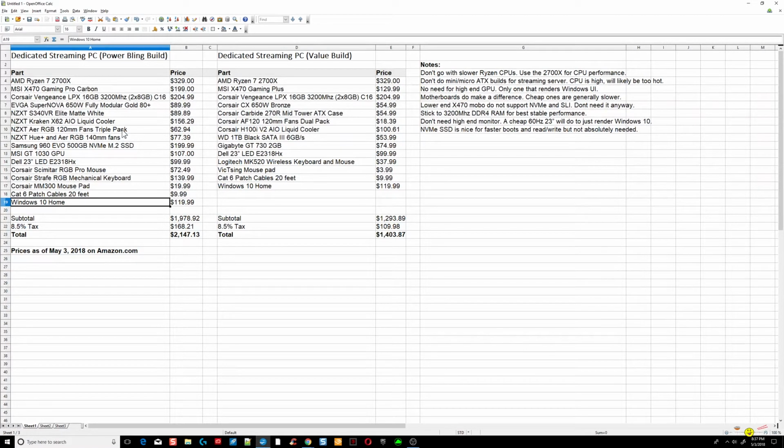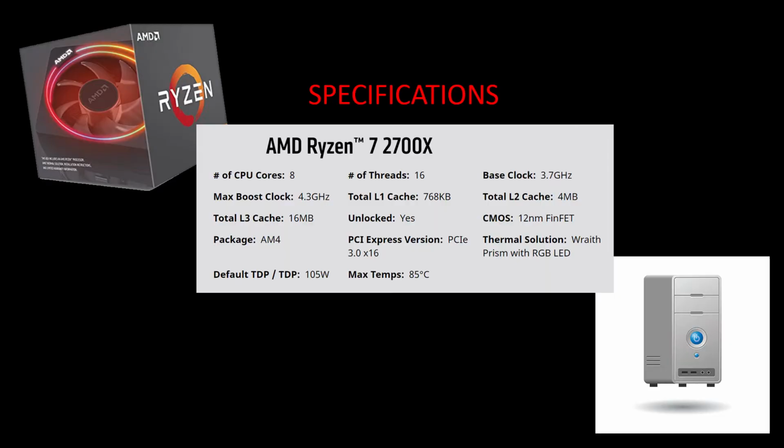So first thing that I would highly recommend right now is to go out and get the current Ryzen 7 2700X CPU. It's 8 core, 16 threads, very fast, very quick, and from my early test results, I'm able to do very nice 1080p streams at medium CPU preset with OBS Studio. Okay,